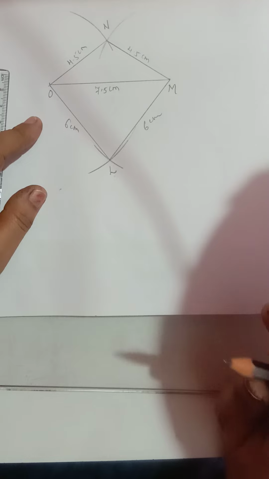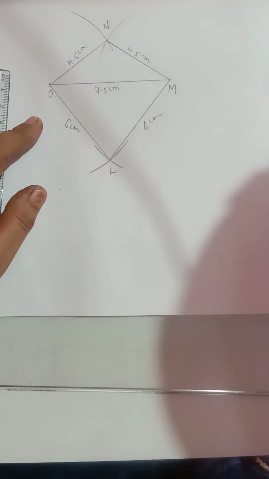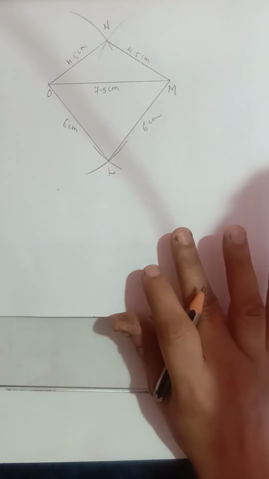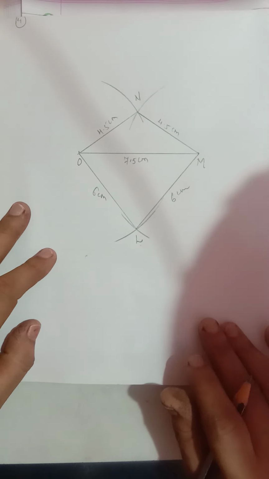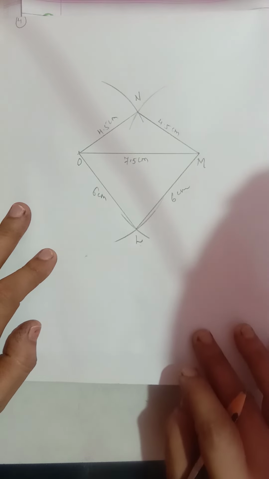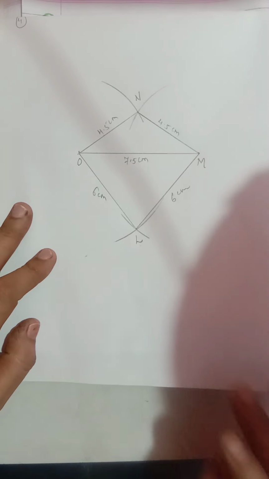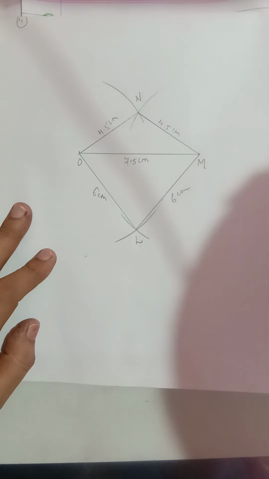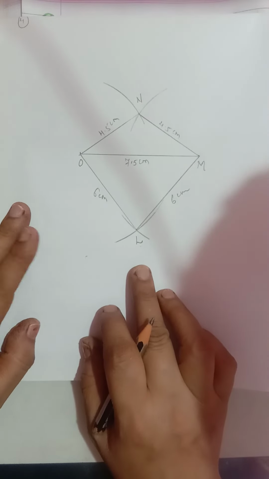Now after doing the construction, children, you are not going to rub the arcs. You have to keep the arcs. So with this we have completed practice set 8.1. Now just now one more video I will be sending containing practice set 8.2. Now children, complete this practice set in your classwork book.